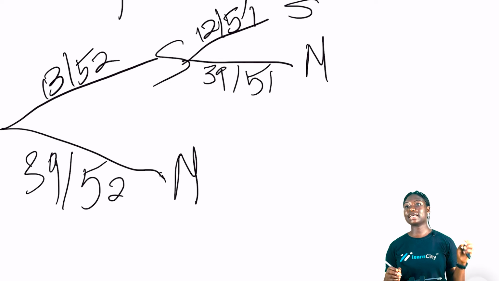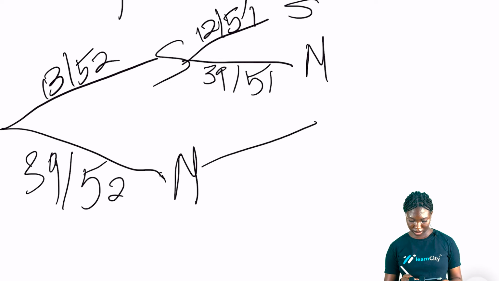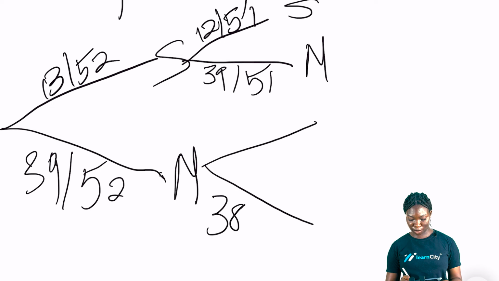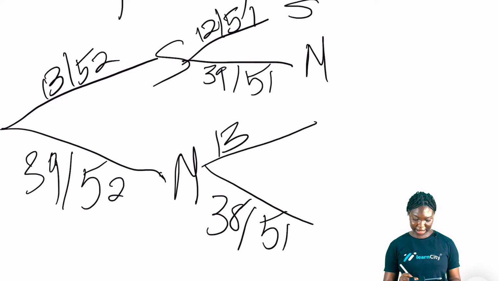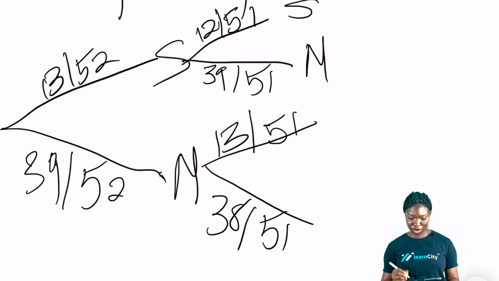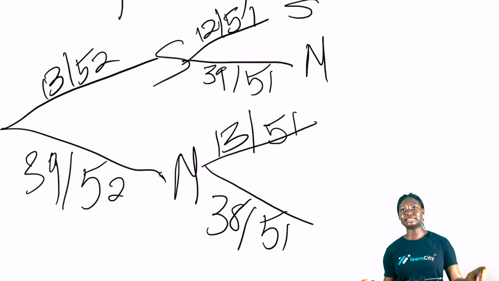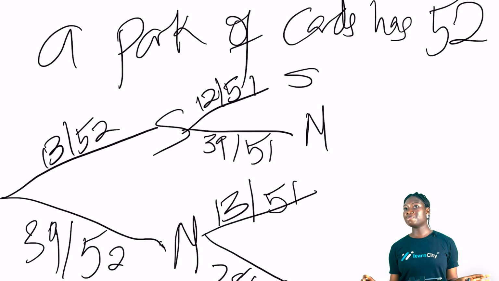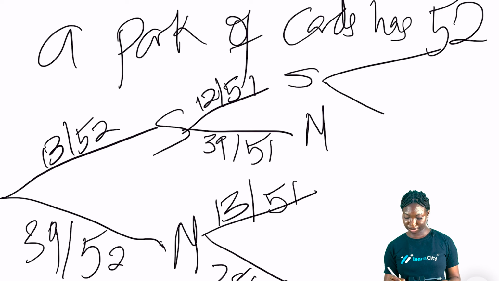Now, for not a spade, here will now be 38 over 51. And here will still be 13 over 51. When we pick one that is a spade and one that is not a spade without replacement. So continuing further,